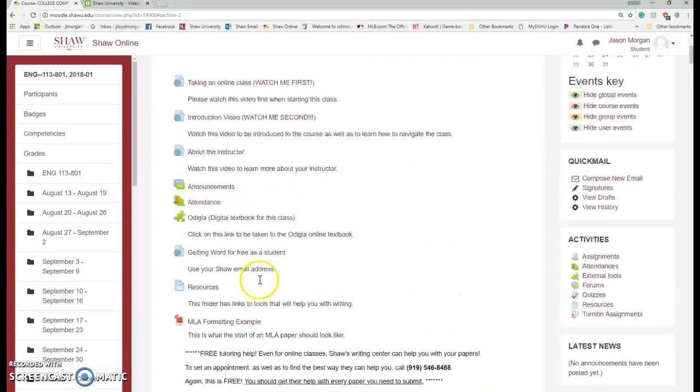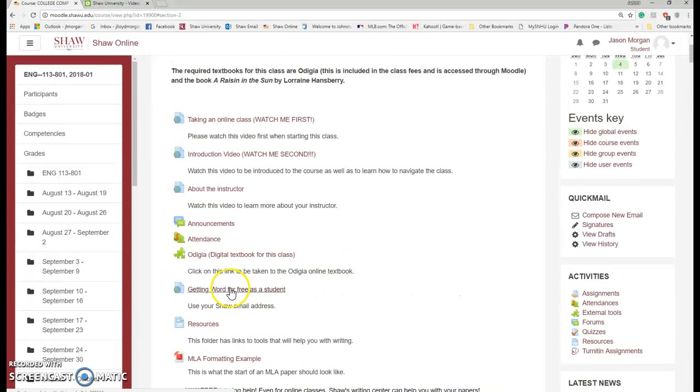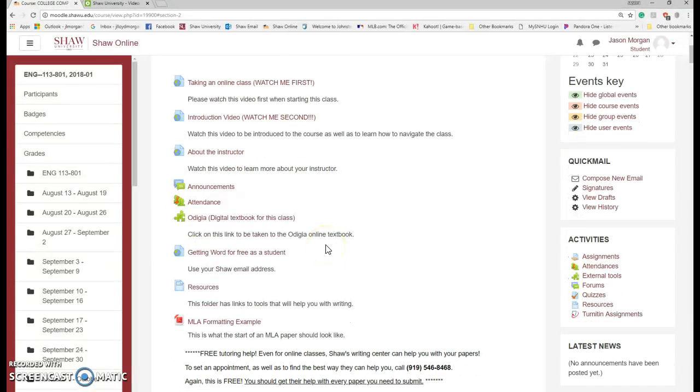And you're like, but I don't. Okay, now just listen to me. Again, at the top of the page here, it says getting Word free for students. No matter what you're using, you can get Word free as a student. So you can use Microsoft Word. Oh, I like to use Google Docs instead. Well, I don't particularly care which program you use to write your files, but you have to submit them as a doc or a docx so I can open them up and read them. And if you're like, but I don't know how.